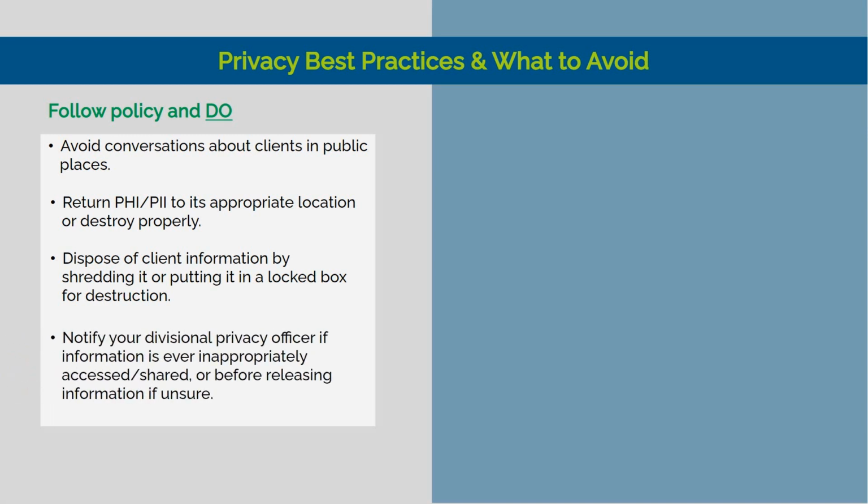Be sure to notify your supervisor and divisional privacy officer if PHI or PII is ever inappropriately accessed and/or shared. If you are unsure about sharing a specific piece of information, please contact your divisional privacy officer for assistance. A list of the divisional privacy officers and their contact information can be found in the Resources tab of this